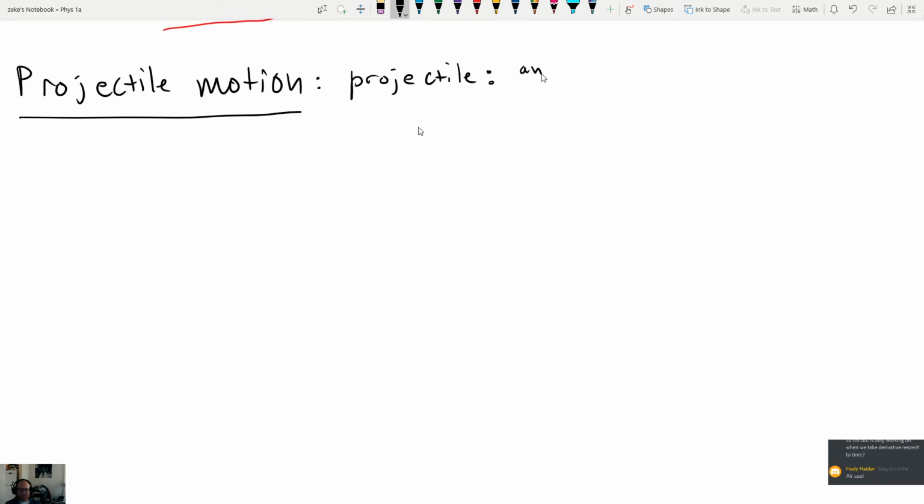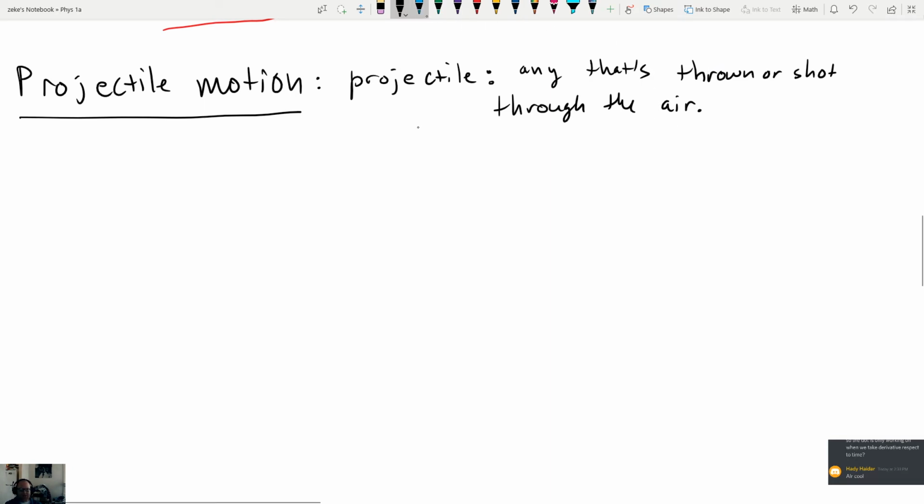So it's anything that's thrown or shot. And the stipulation is that it can't have its own type of propulsion for the type of motion that we're going to talk about. So I'll tell you things that are and things that aren't. So examples of projectiles